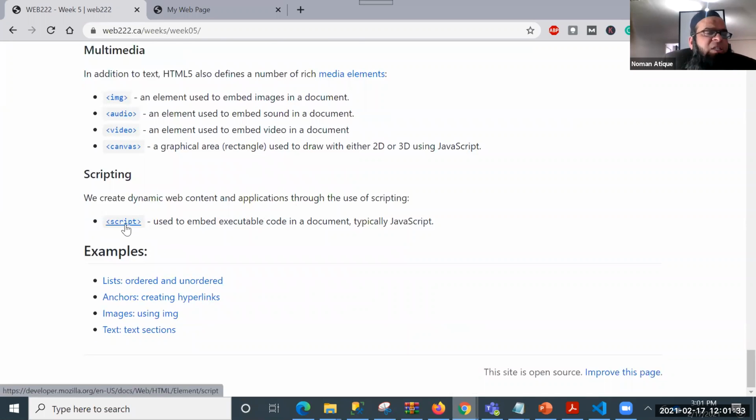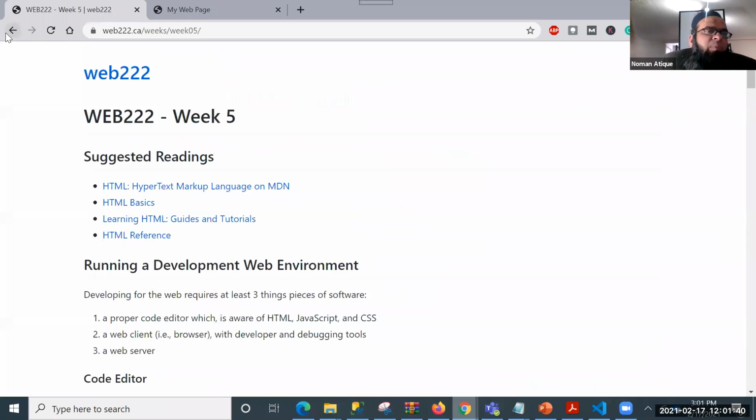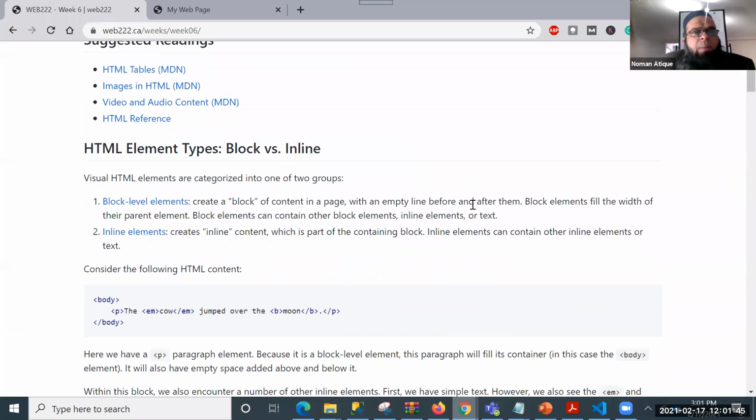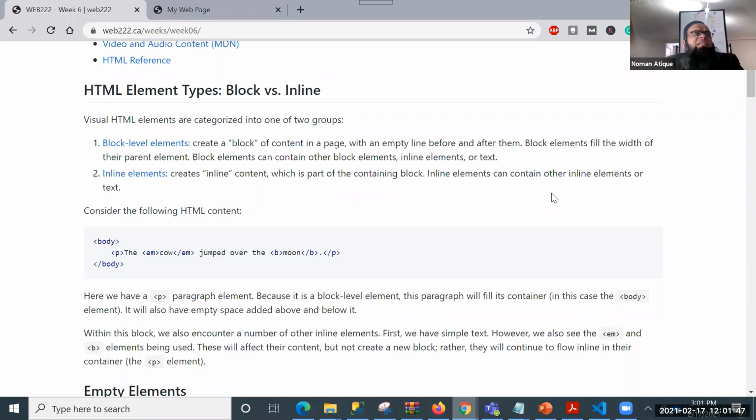And in the end, we have that script tag, and we will use this script tag. I will just give you quick references in our next week session. Next week means week 6, which we are right now. I'm just about to start that week over here, and I'll quickly look at a few things. You'll enjoy that, and then we will end today's class and talk about some other important aspects. Right. So HTML element types, block versus inline. So we have got HTML element types.